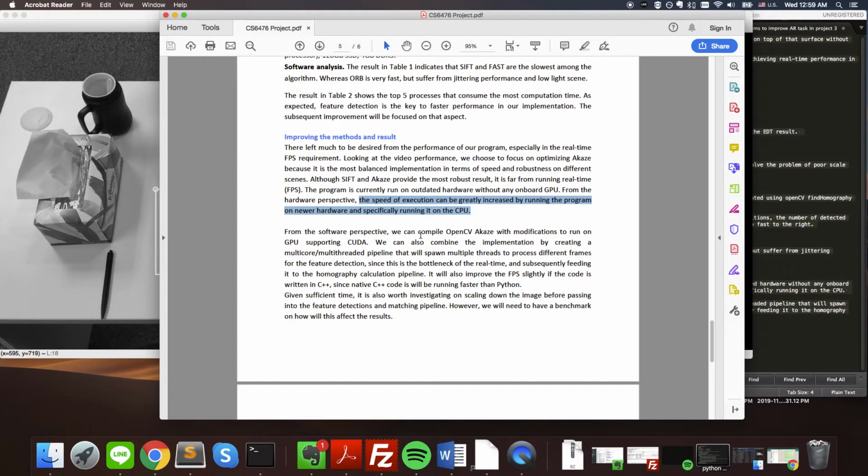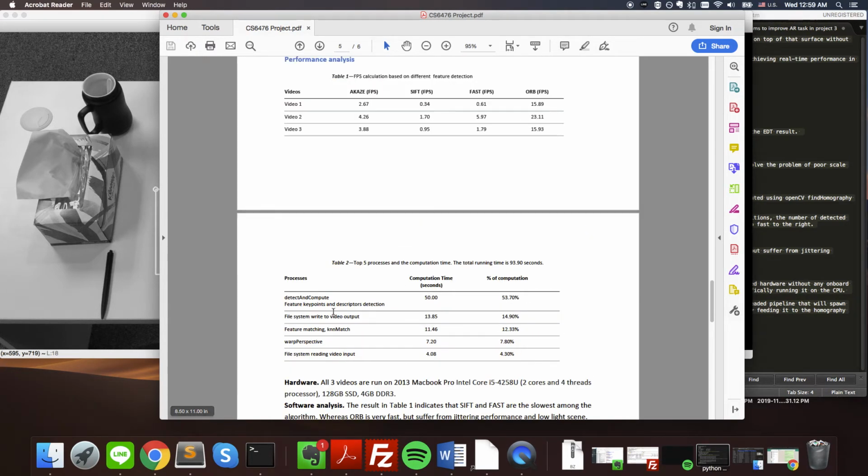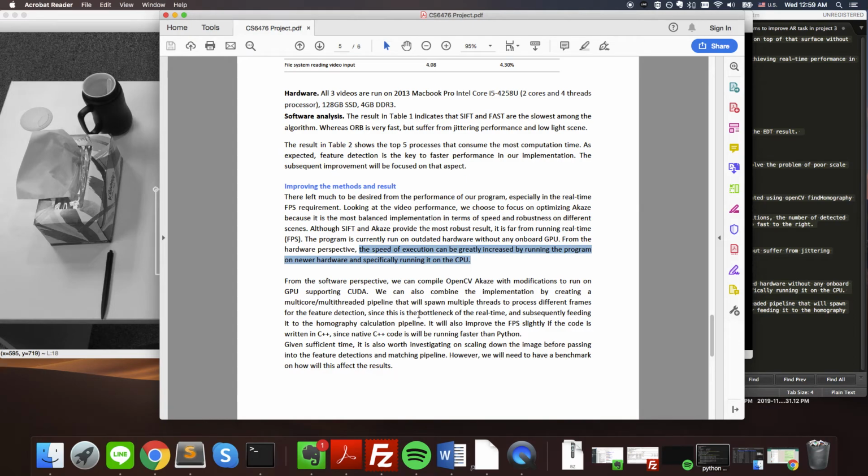From the software perspective, we can also compile OpenCV AKAZE with modifications to run on GPU supporting CUDA. We can also create a multi-core, multi-threaded pipeline that will spawn multiple threads to process different frames for the feature detection, since this is the bottleneck of the real time, as you can see from the table here. So when the homography is doing the calculations, other frames have been calculated in terms of the feature detection to be fit into the homographic calculations. With the combination of these two changes and improvement, I'm sure it will reach